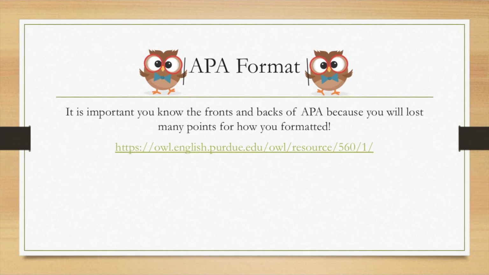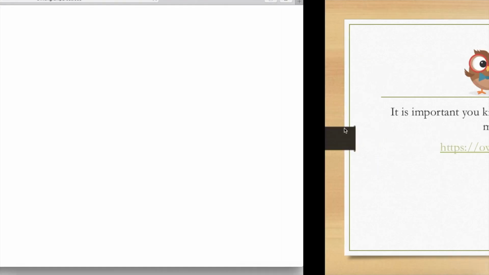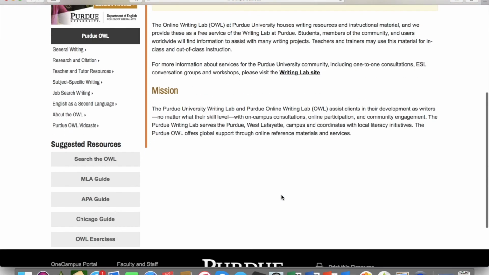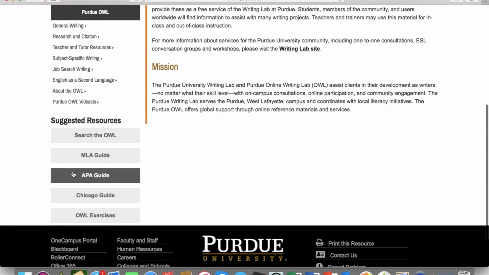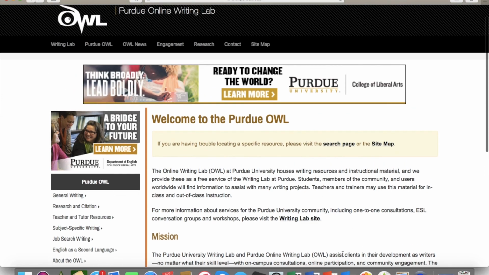So the last thing that we wanted to talk about was APA. So I know that in your Highlands classes for 1101 and 1102, a lot of you are really familiar with MLA. Unfortunately, KSU for the ECE program anyways, it may be different for others, we use APA format. So we have included the link to the Purdue OWL resource guide to APA. If it were me, I would just go ahead and print the instructions for title page, how to do a running head, how to do headings, abstracts, and then, obviously in-text citations and how to set up your resource page,